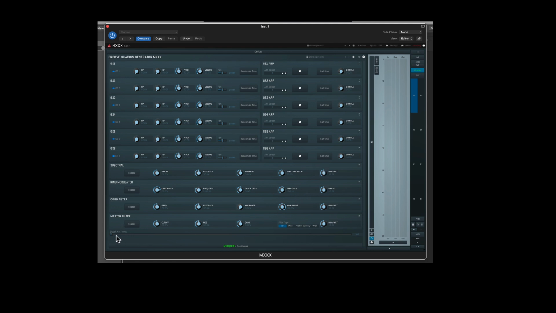Additionally, we have this global ARP tempo, which I thought was very handy because it disengages the synchronization with the DAW, so you can have a different kind of tempo than you would expect. For instance, you could half time the entire ARP from within this tool, or you could just make something very trippy and wild. So for instance, if we're starting with the basic presets,